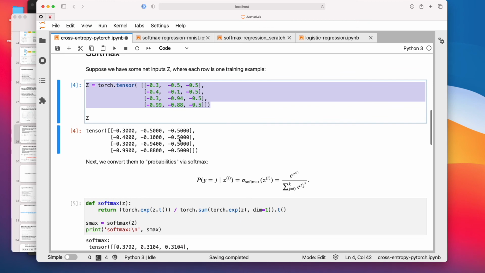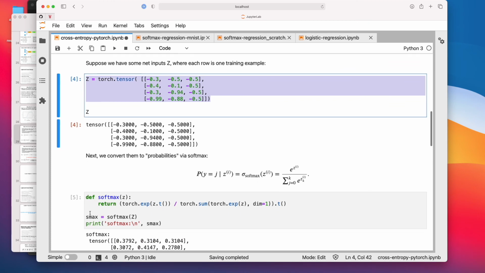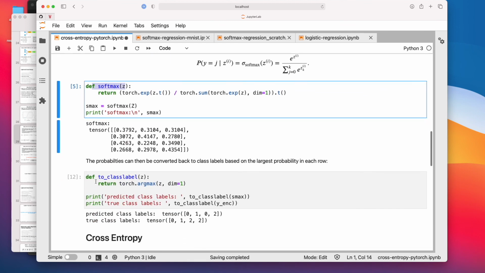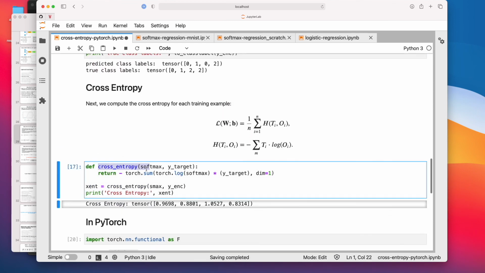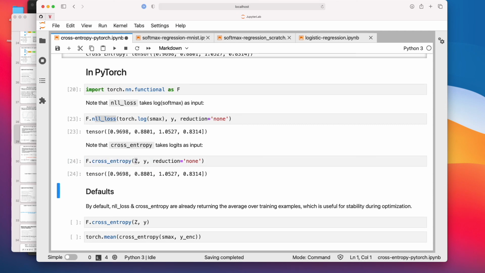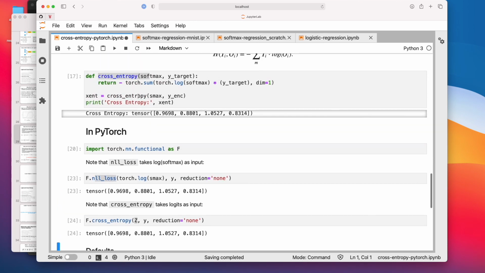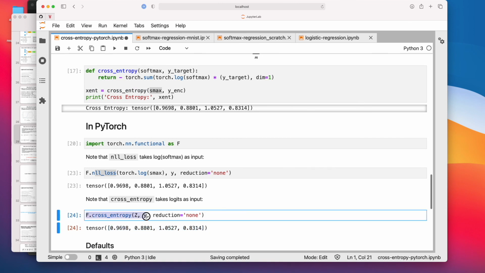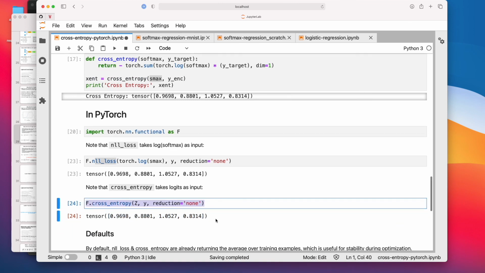So here, again, this is our net input matrix. When we compute the cross entropy, because we use the mathematical formulas, we compute first the softmax, and then from the softmax we compute the cross entropy. In PyTorch, they do all that work for us inside this function. So here we give it the net inputs. And you can see our function takes the softmax, it gets the same results as these other functions, right? So they should be all identical, but in practice this is more stable. I recommend using this one.